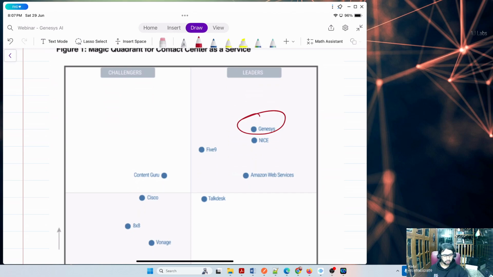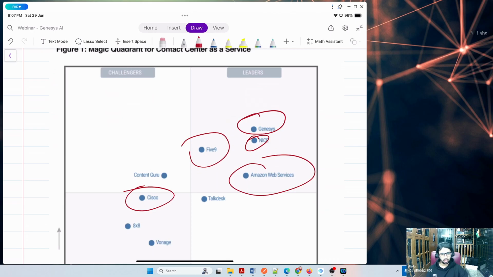Whereas Webex Contact Center, which is an omni-channel, does have similar functionalities. Five9 is also good in the market. NICE is also leading. So these are the major players, and Amazon Connect is another player. All these cloud-based contact centers are now omni-channel. They support all these types of interactions. Questions, guys?